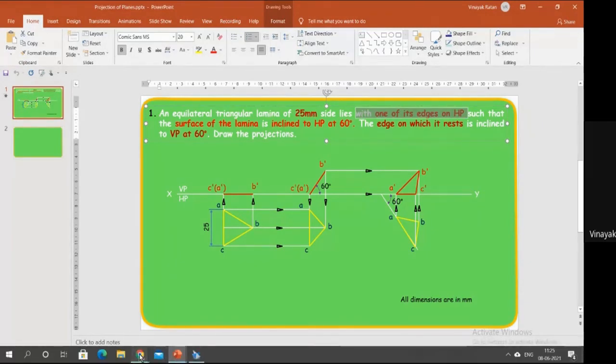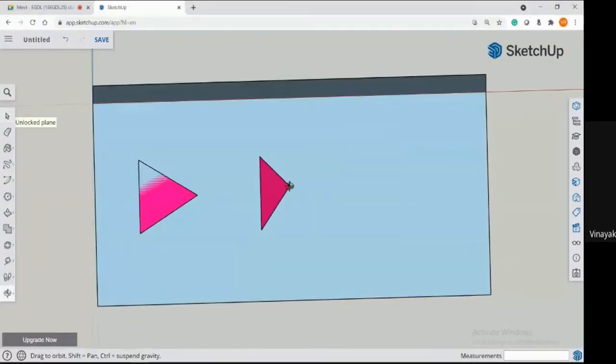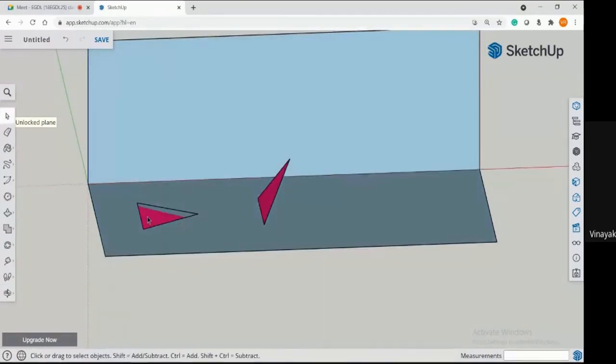You can clearly see this in Google SketchUp here. Here the complete plane is resting, but what is given in the question? Only an edge is resting on HP. When we rotate the plane, you can see what we did. We rotated the plane in such a way that it is resting on an edge on the horizontal plane. You can see which edge?